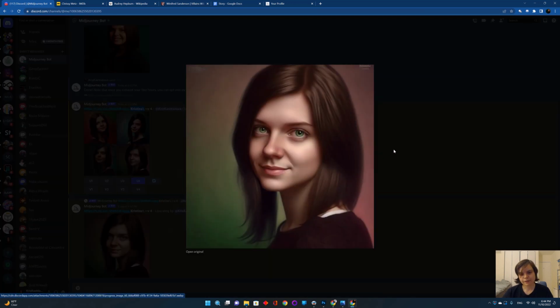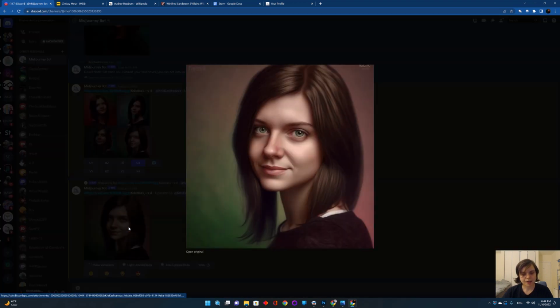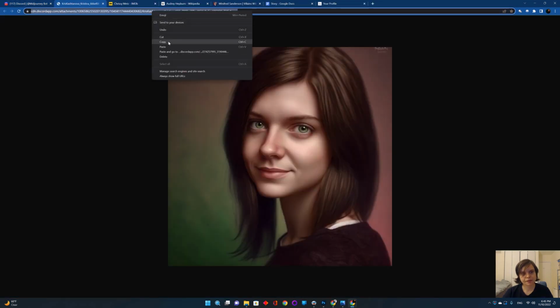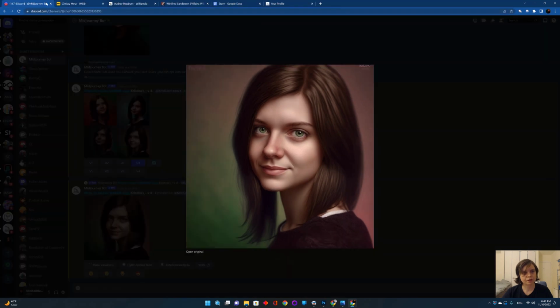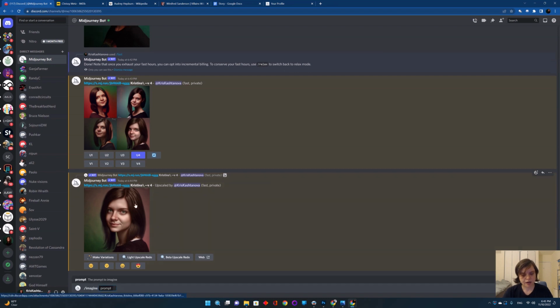So now this will be my character. I really like green eyes. I actually have exactly the same shade of my eyes. And now I will again press on it and press Open Original and save this, copy and close. And now when I would like to make anything with this character, I will actually use this image instead of this one. So for example, if I write